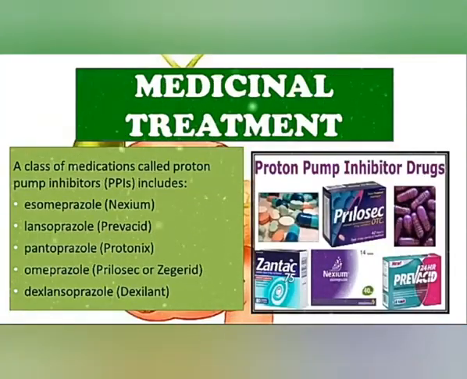So the medicinal treatment is centered around a class of drugs which are called the proton pump inhibitors, or the PPIs, and these drugs basically aim to reduce the amount of acid in the stomach. So if we don't have that greatly acidic environment, we're going to have a disappearance of a lot of our patient's symptoms. So we can start the patient off with some PPIs, and these include esomeprazole, lansoprazole, pantoprazole, omeprazole, and